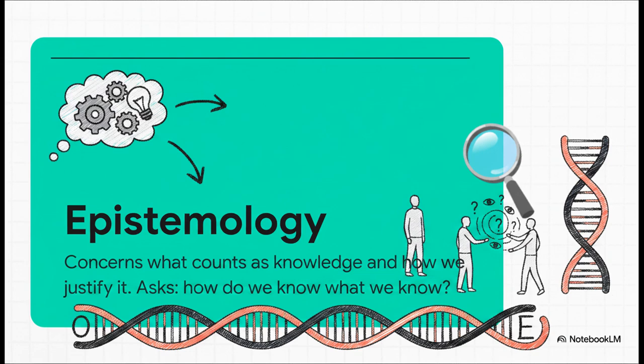And right alongside that, you have epistemology, the second pillar. So if ontology is the what, epistemology is the how. It's all about our theory of knowledge. How do we actually know what we claim to know? Is knowledge something we get by being a totally detached, neutral observer, or is it something we actively create through our own engagement with the world? Together, these two, ontology and epistemology, form the very DNA of any research project.